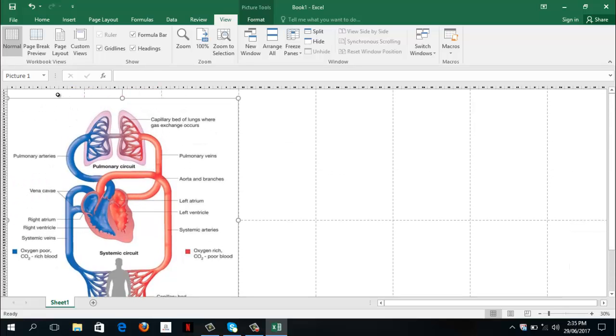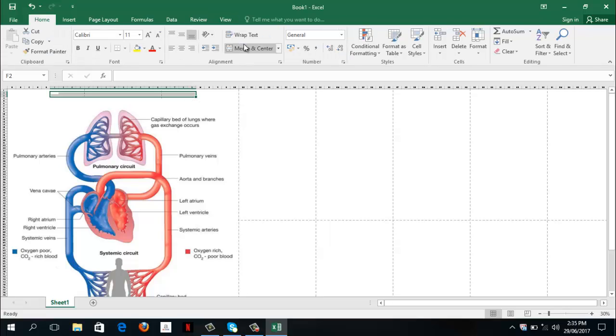Okay, you can also include some text if you want to at the upper portion of your picture. So just click it there, and then home, center. Then you can type the title that you want to use.